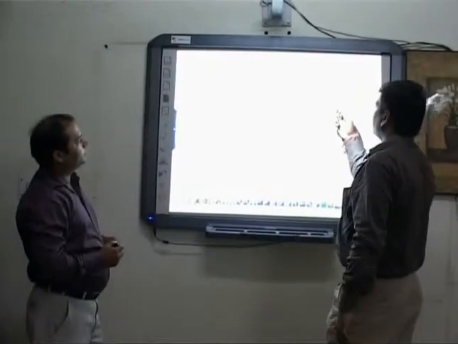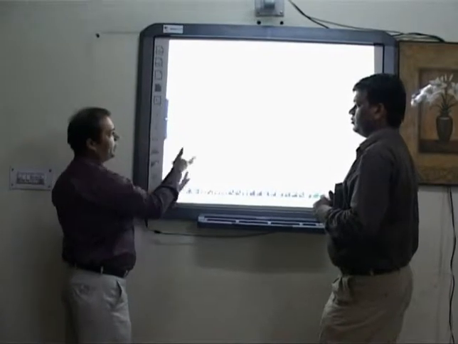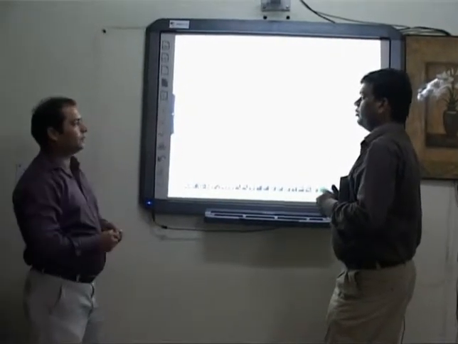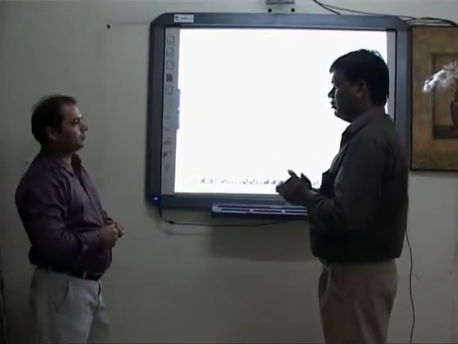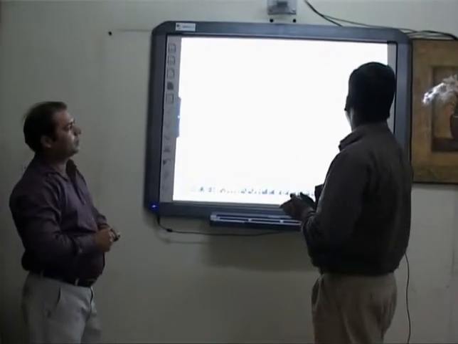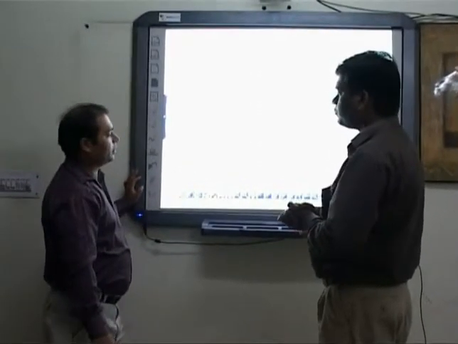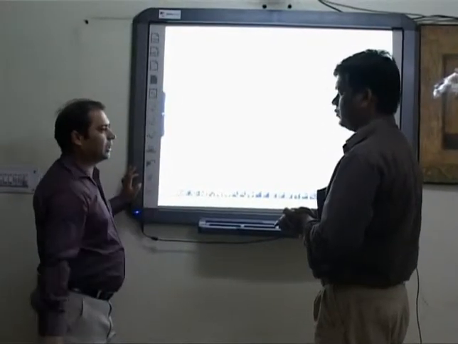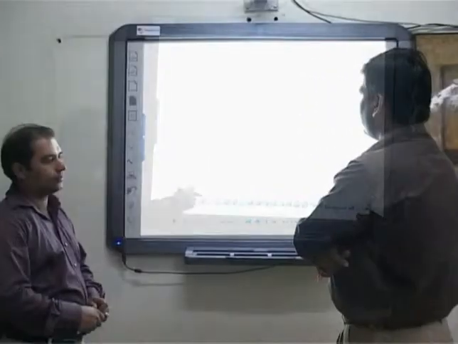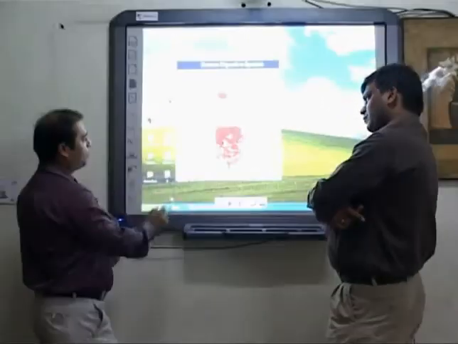How durable is this surface? That surface is too hard, so if somebody hits that board, there is no problem with that. Yeah, because we are going to use the same board in a school, the mentality of children, you know. Mostly finger touch boards are using a different technology, that is soft surface technology. Do you have some more features about this interactive whiteboard? Lots of features, like while running your PowerPoint presentation or